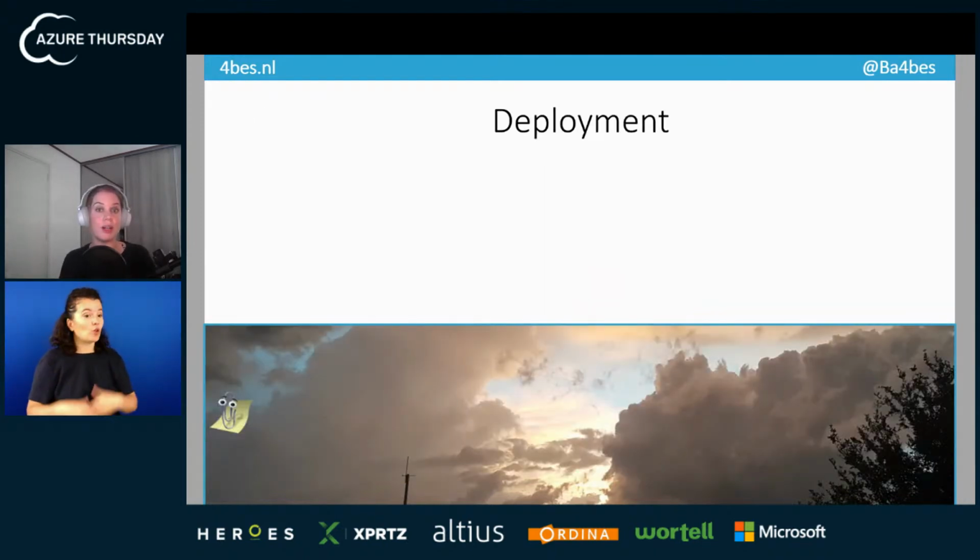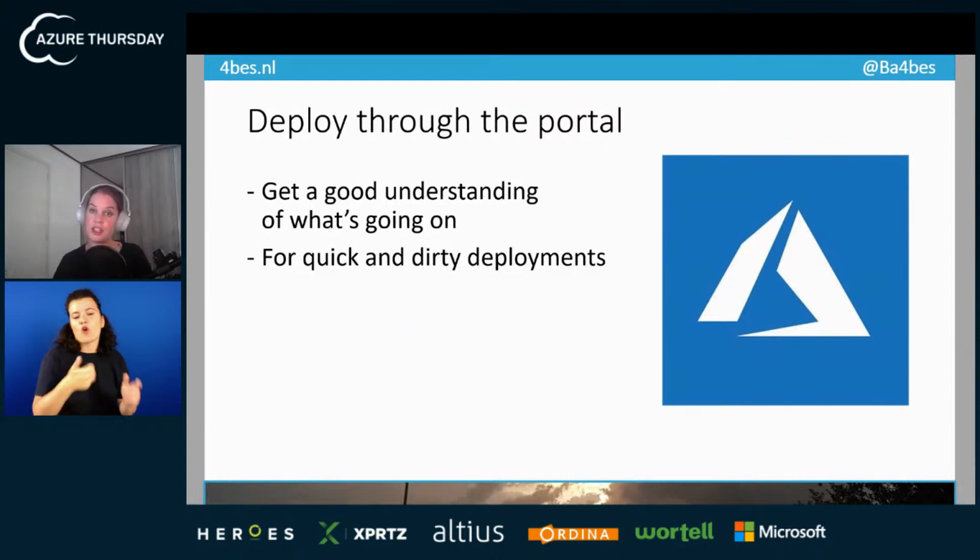So let's talk about deployment. We're going to create a function app. What are our options to deploy a function app to Azure, as we're working with code now? The first option you have is just deploy it through the portal. In my opinion, that's a great